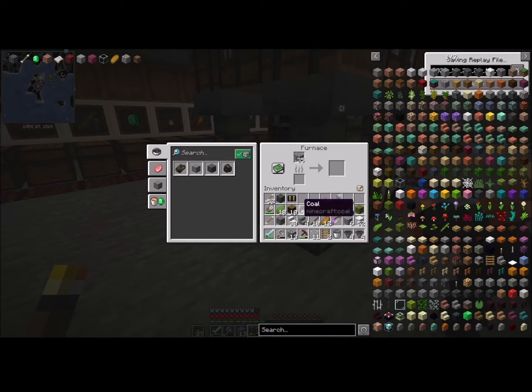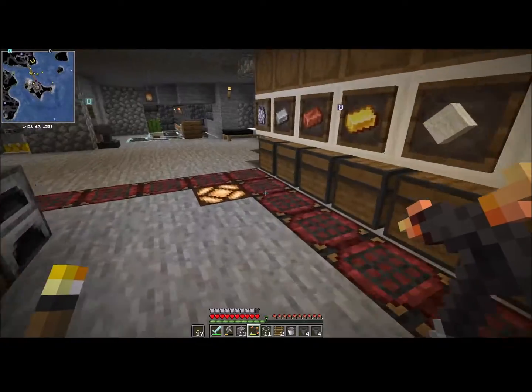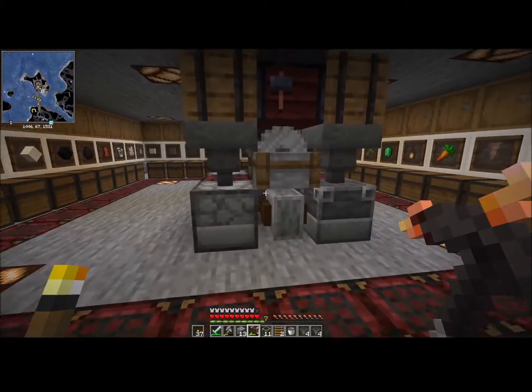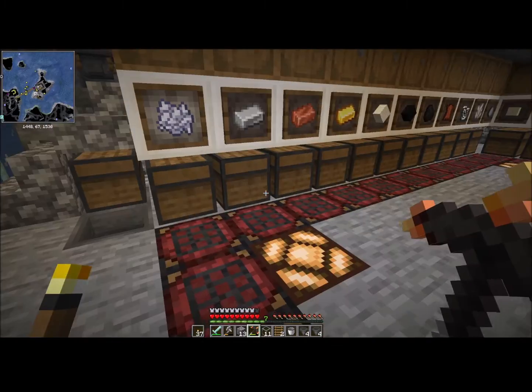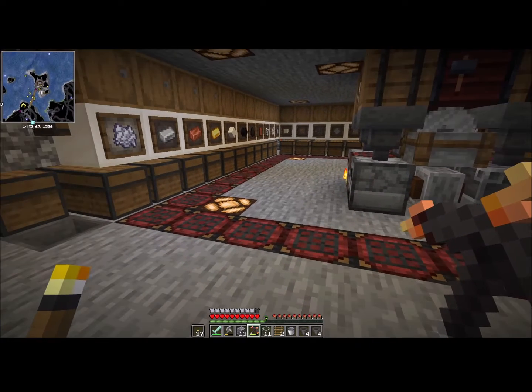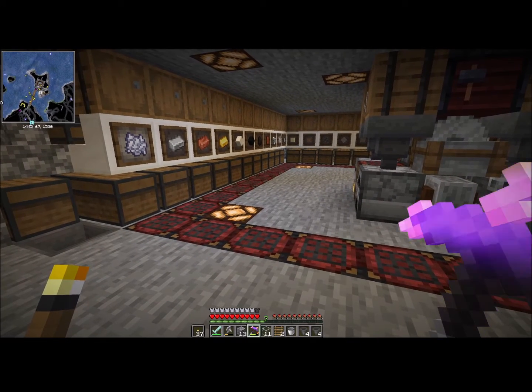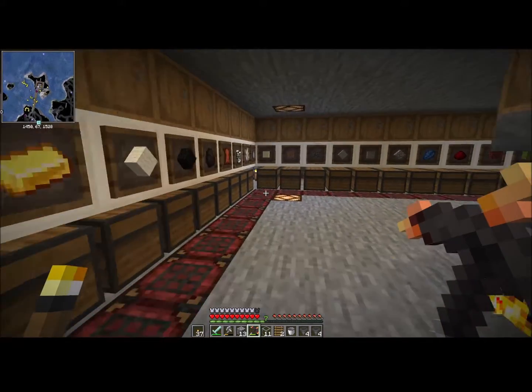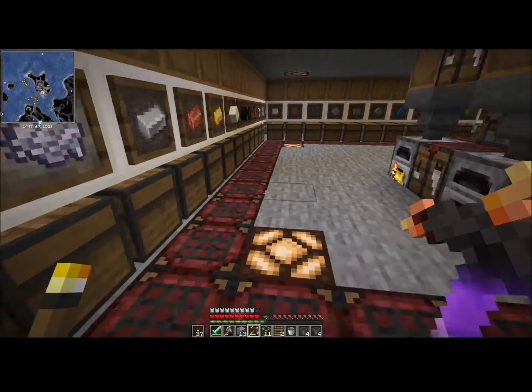Periodically, I will put in a super smelter. And what I usually do is a sorting system where I'll sort ores into the super smelter, and then items that I want to burn, such as wood logs